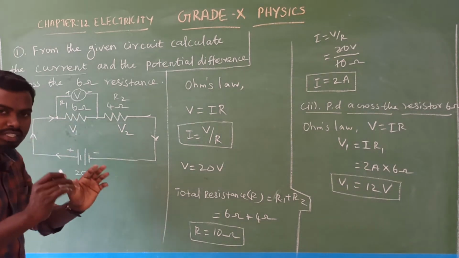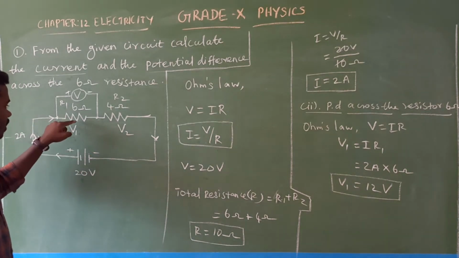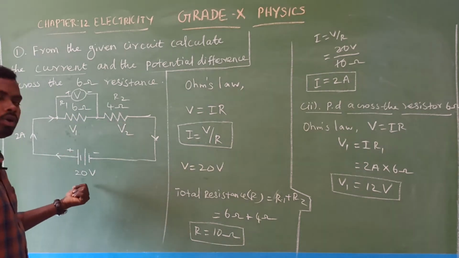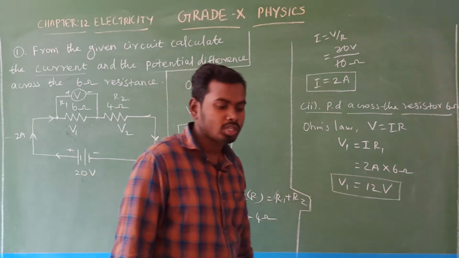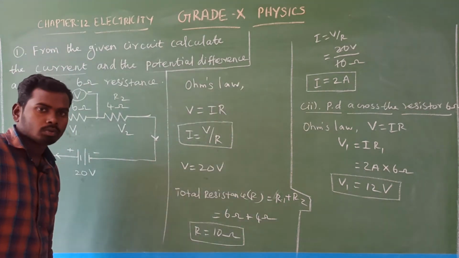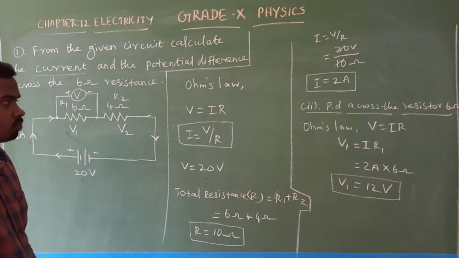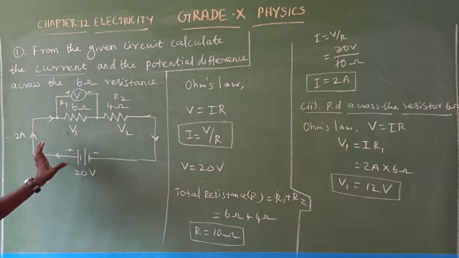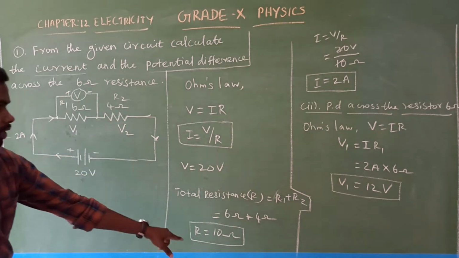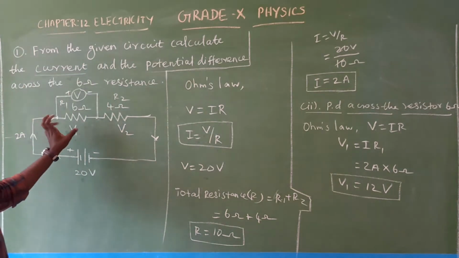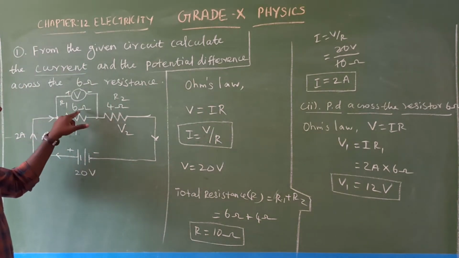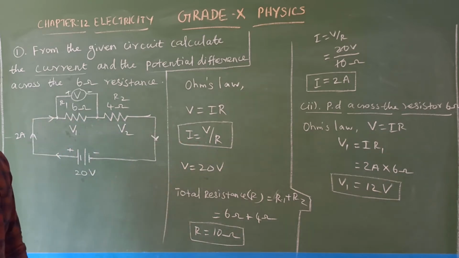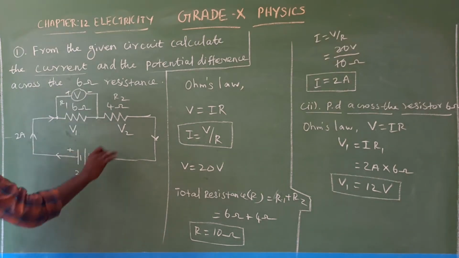So here potential difference gets distributed. If the potential difference here is 12, then the remaining here is 8. So that is equal to 20. That's all, students. In this manner, questions will come. Please try to understand the concept. Very easy one. So first, throughout the circuit, how much current is flowing? 2 ampere current is flowing. Yes. So what is the potential difference across the resistor R1, which means 6 ohm? That potential difference is 12 volt. So look at here, 2 ampere current is flowing in the circuit.